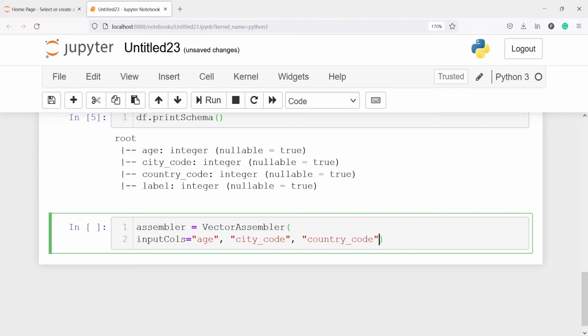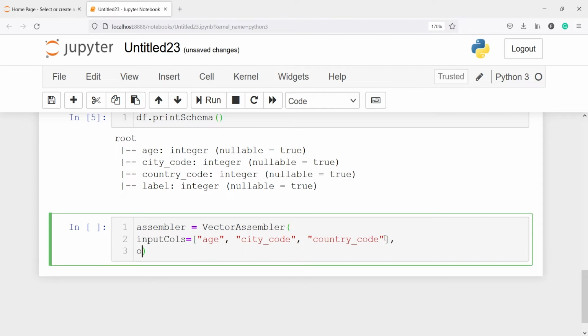Next, the next parameter is outputCol, and our output column is going to be vector features.